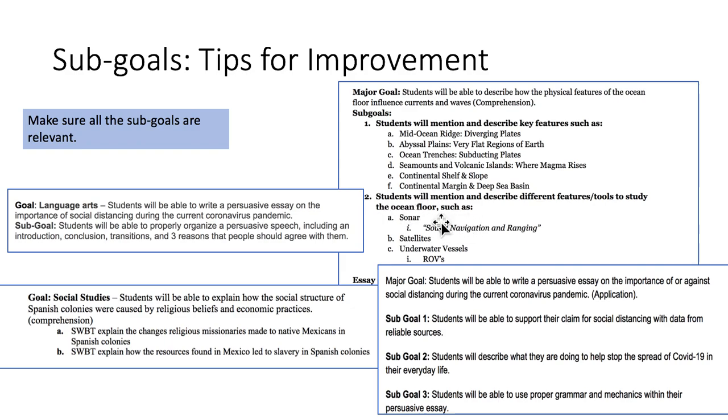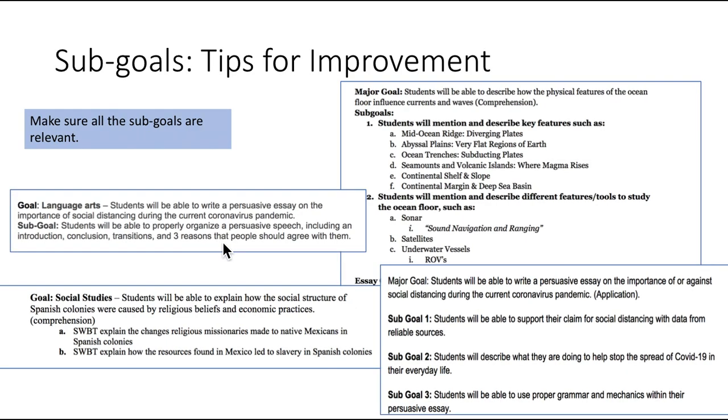But then the second thing is that it's all about how they're studied, which was in the content. But as far as your goal here, that's not really relevant. You could add it in, but you're missing the whole connection because these were the only 2 sub-goals about how these things actually impact waves and currents. And so if you wanted to improve this one, you would have another sub-goal about how these different features impact waves, and then another one about how they impact currents.